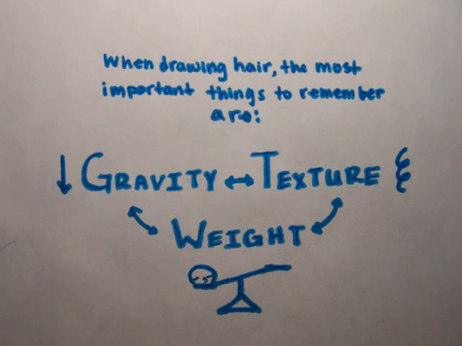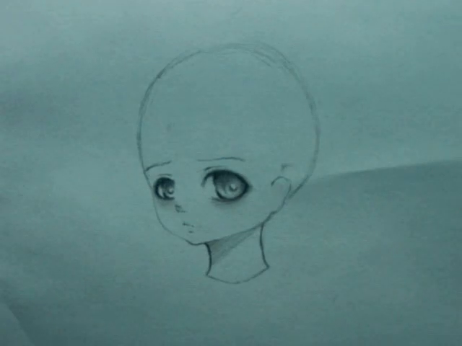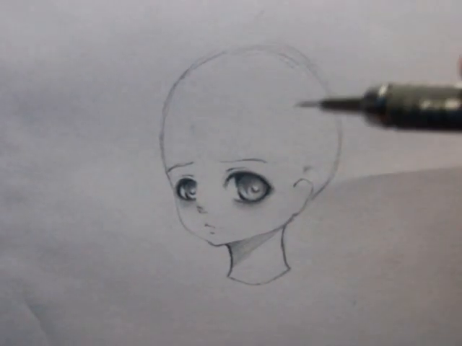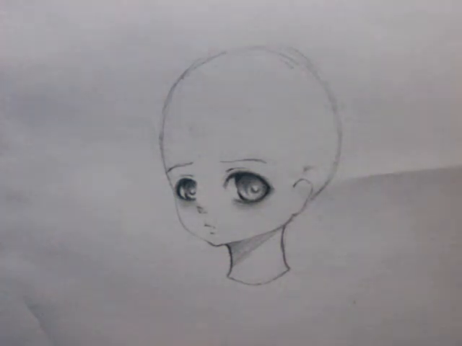Well, now that you know the basics of hair, I'm going to get right into the tutorial and show you how I go about drawing and shading hair. Alright, so let's get into the tutorial. I'm going to be showing you how I draw and shade hair with graphite pencils. But of course remember that this is just what I do, and it's really in no way the best way of going about doing it. It's just what I do, and it's just easy for me.